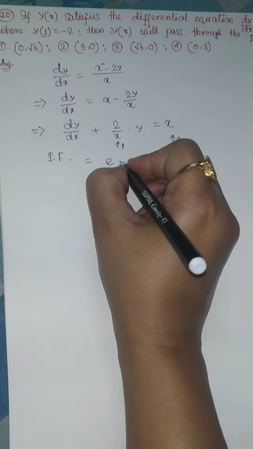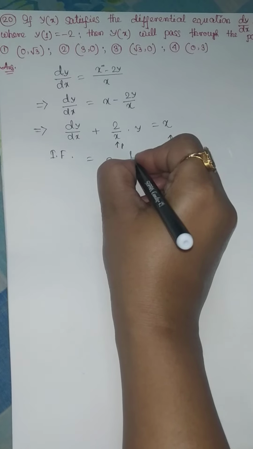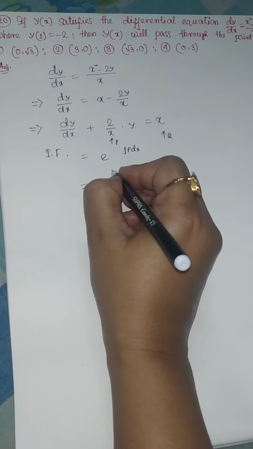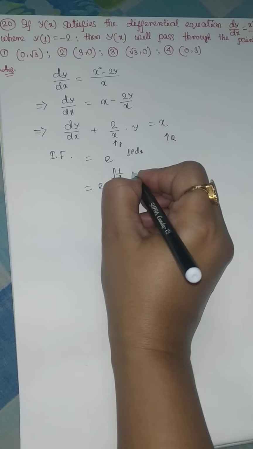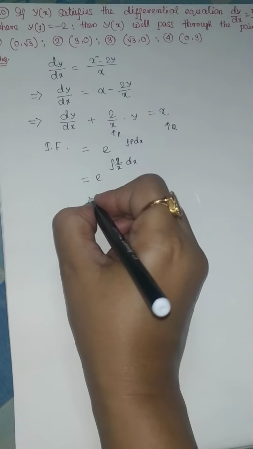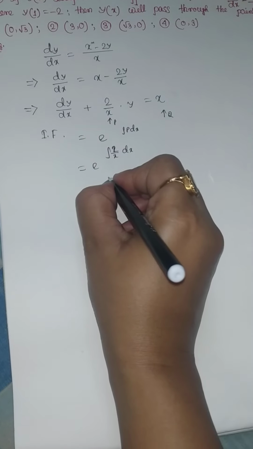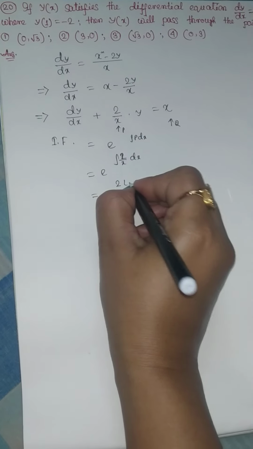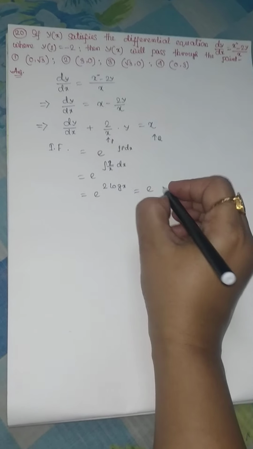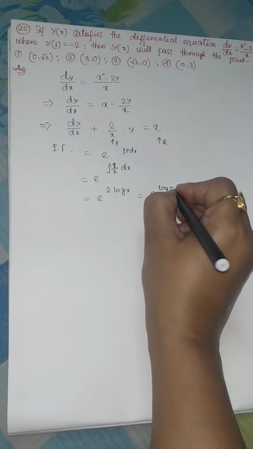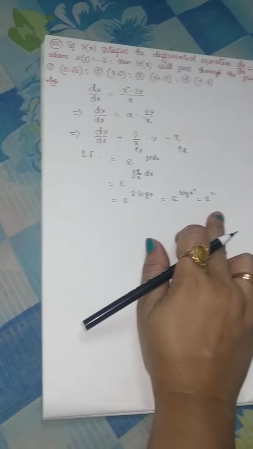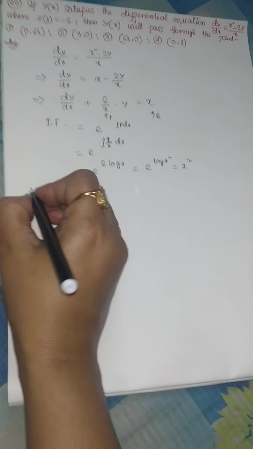Therefore, the integrating factor is e to the power integral of p dx, which is e to the power integral of 2/x dx, equal to e to the power 2 log x, which is e to the power log x², that is equal to x². The integrating factor is x². Now the solution is,